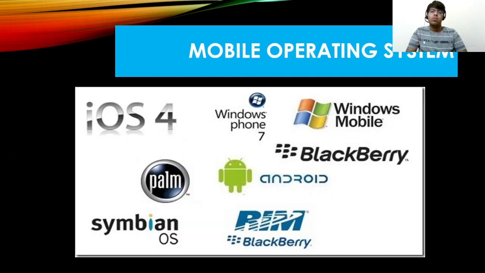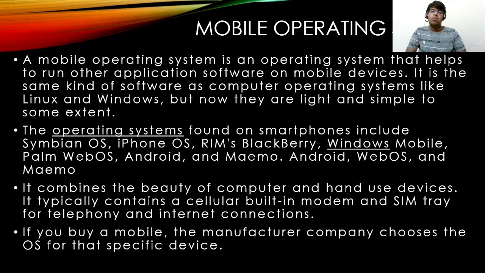Now, talking about mobile operating systems. A mobile operating system is the one that helps us to run application software on mobile devices, and very much like computer operating systems such as Windows and Linux, they work almost the same way, but they are very light and simple to some extent. Now, some of the operating systems which we use in our smartphones are iPhone OS, BlackBerry OS,